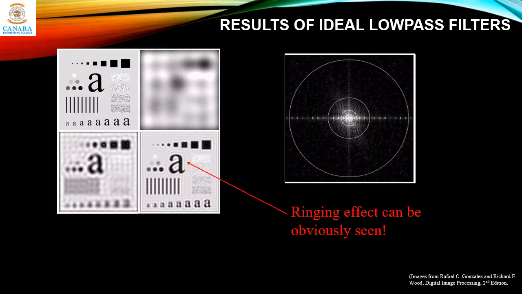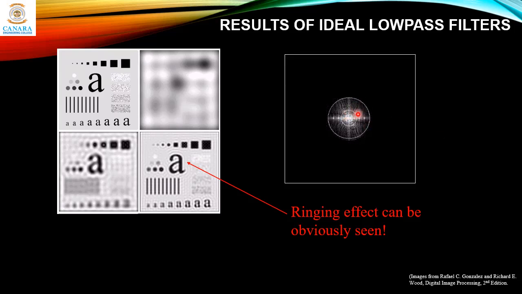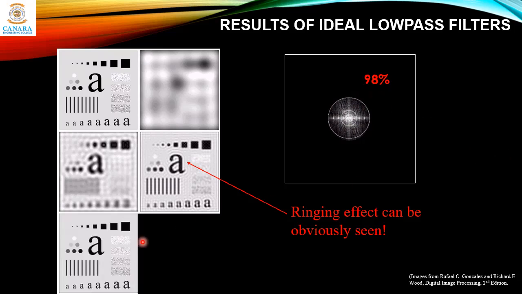Next, if you further increase the diameter, and retain the components inside this circle, which retains 98% of the original image power, you can see the image here. So it's almost like the input image. Only in this portion you can see some changes. It's smoothened out, and other components are quite clearly visible here.